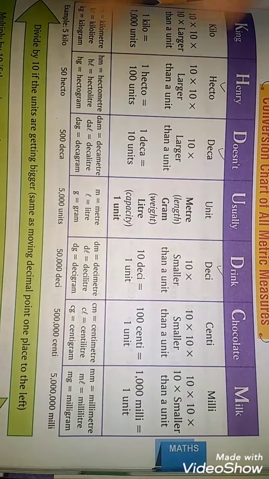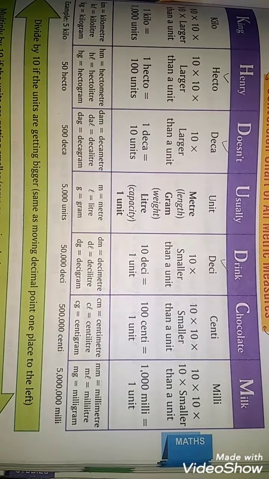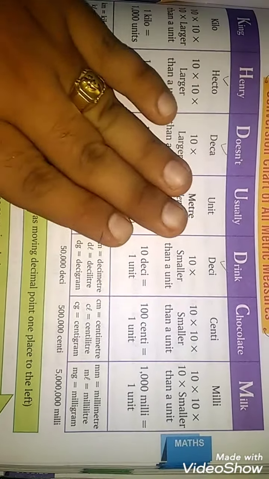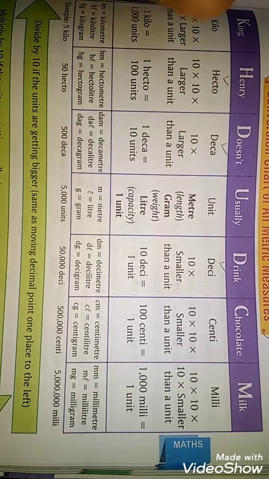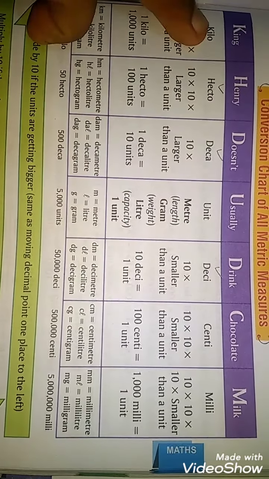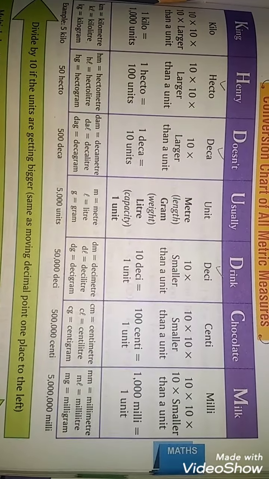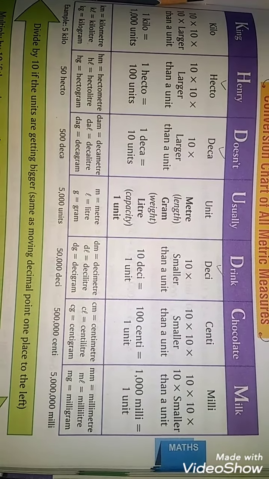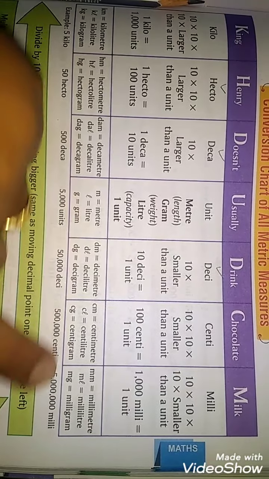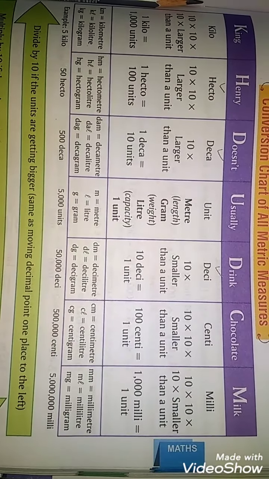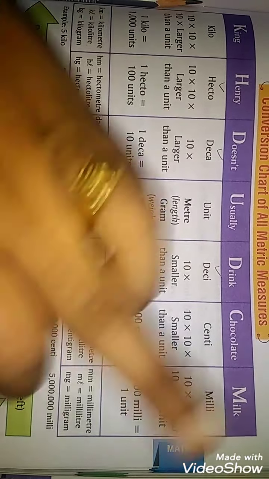All these questions will come. It is not important that only meter to hecto or meter to centi will come. It can come in any way, like convert deci into hecto, or centi into kilo, or kilo into milli, or kilo into deca. Anything will come. So you have to learn the basics which are written here. I will also share this diagram with you in the form of a PDF.